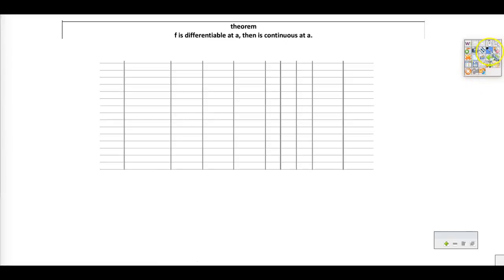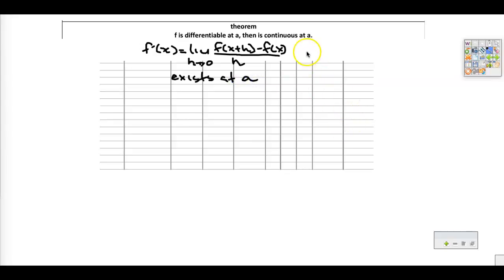So a big theorem. If a function is differentiable at a, what it means is that f prime of x will equal the limit as h approaches 0 of f of x plus h minus f of x, all over h. So this is saying that if this exists at any value of a, then